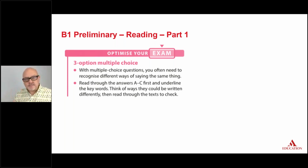The same with reading. So the ability to spot keywords and phrases that mean the same thing in two different situations, that's absolutely key to doing multiple choice questions. So here I'm suggesting to students, read through the answers, underline the keywords, think of ways they could be written differently, and then read through the text to check. So here, for example,